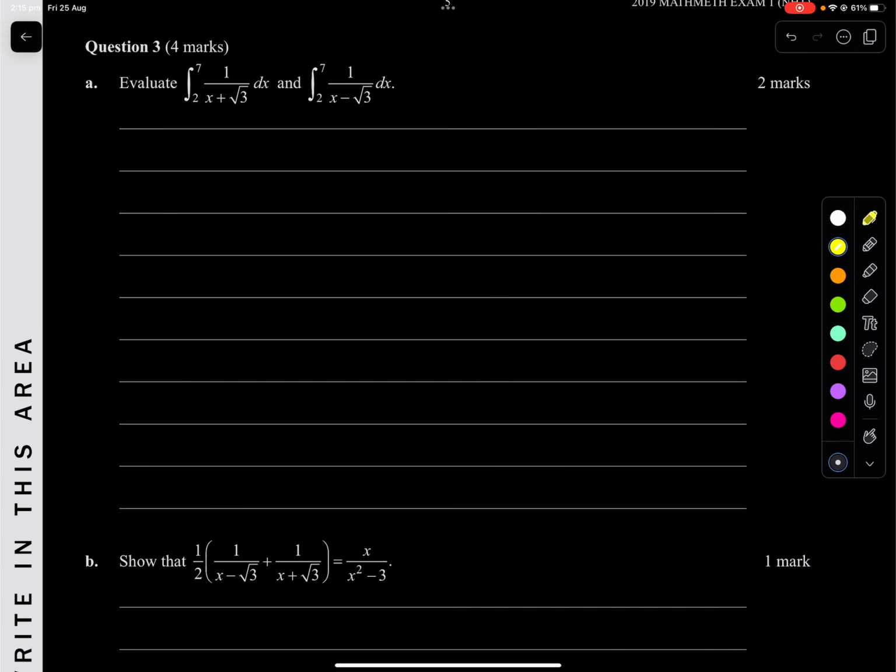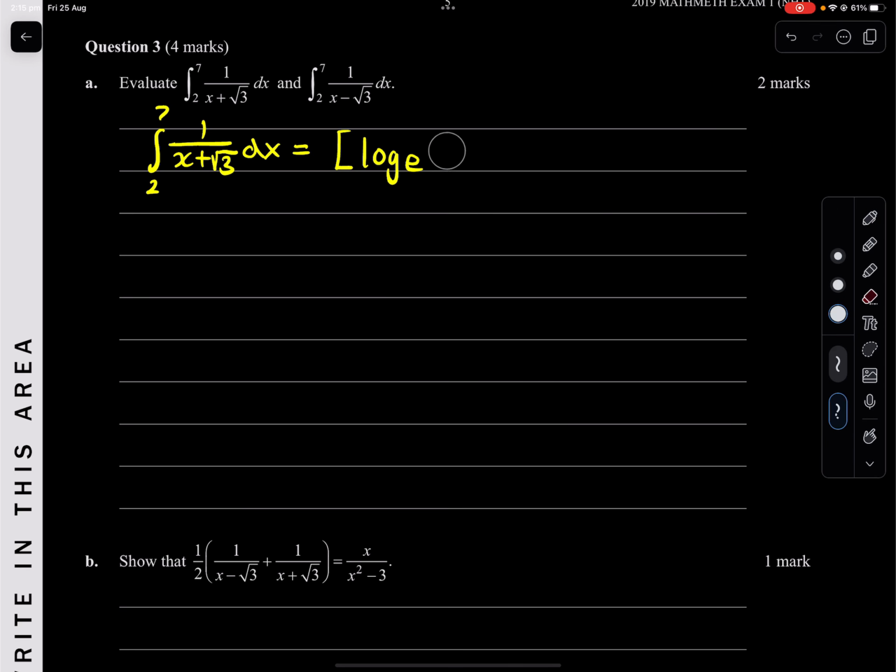Question 3, evaluate this and that. Okay, so this is not too bad. So we know that the integral from 2 to 7 of 1 over x plus root 3 dx is what? Well, we know that it will be the integral of log e, absolute value. But here we don't deal with absolute value because it's methods, so we're just going to put these in round brackets. X plus root 3